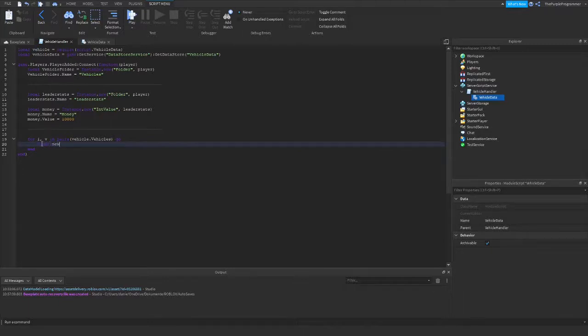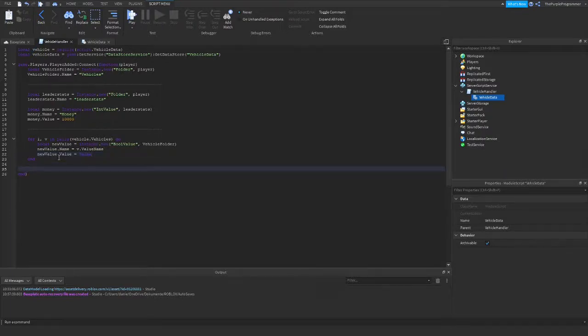So local new value, instance of new, we're going to create a Boolean value and set the parent to the vehicle folder, and the name is gonna be the v.value name, and the new value is false. So yeah,